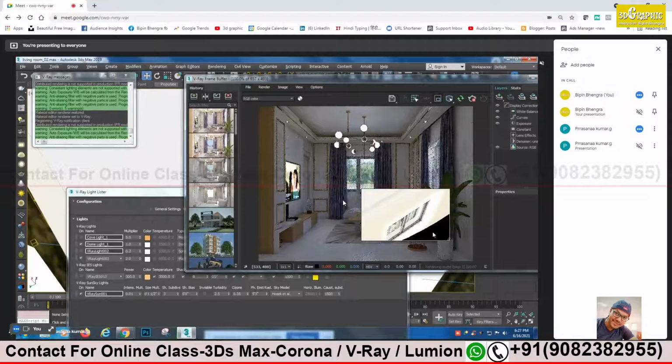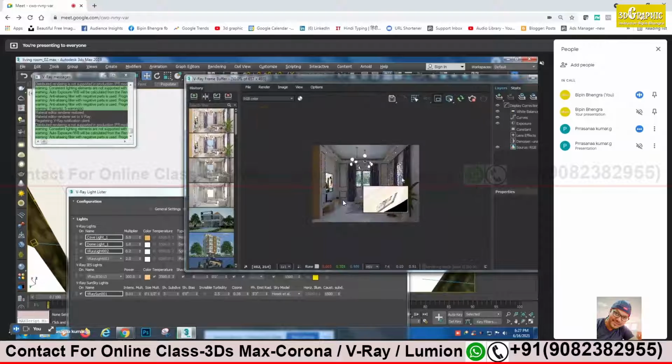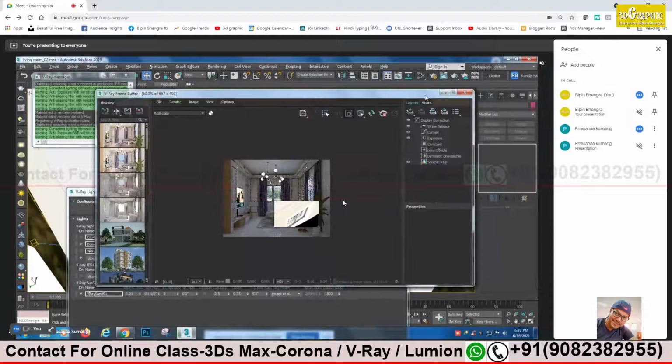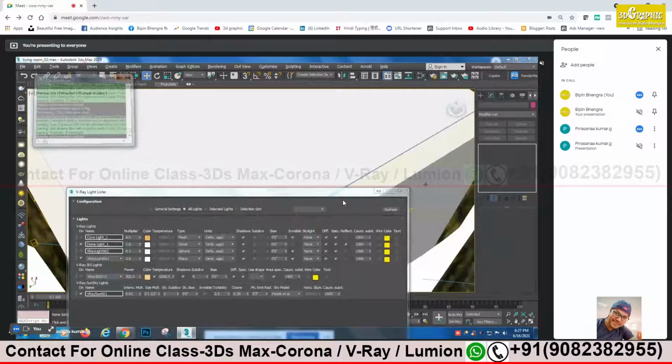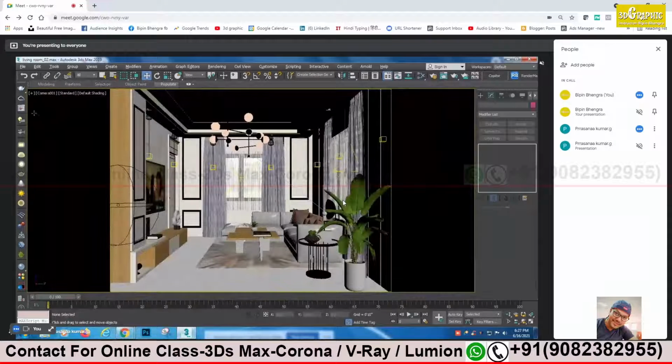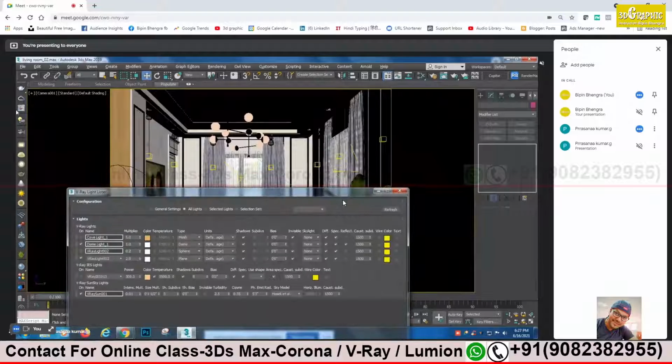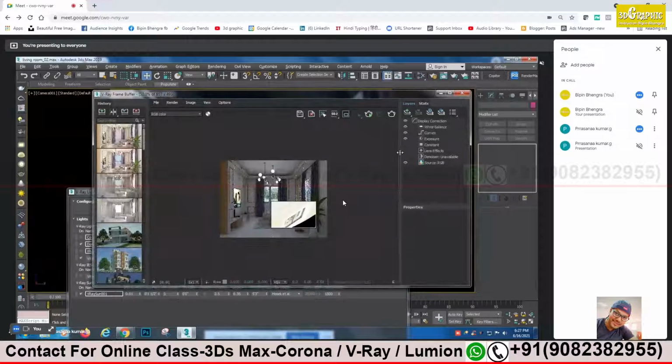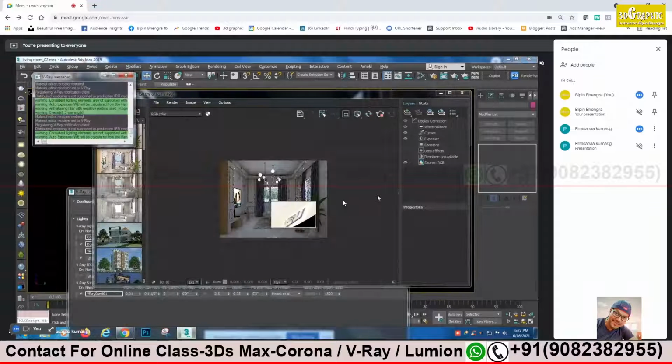I think you need to change your camera angle. It's coming in top view. Go to perspective. Go to camera. Yes. Just zoom.